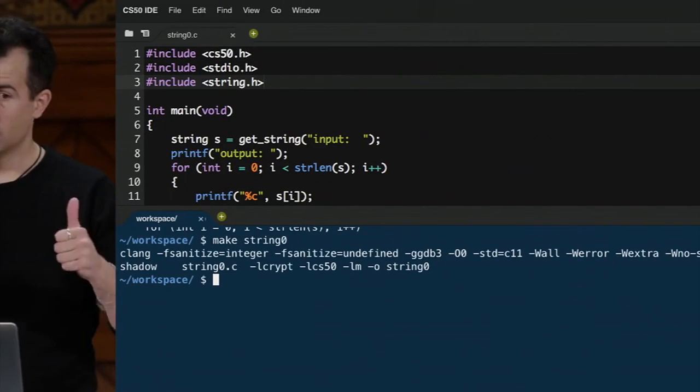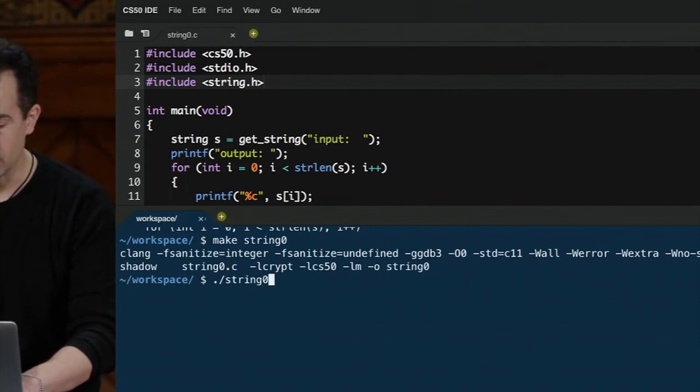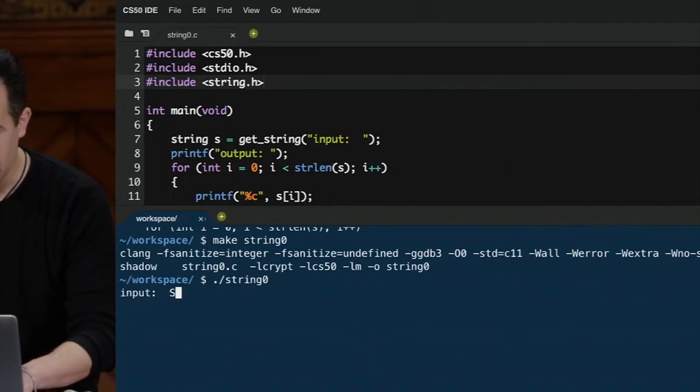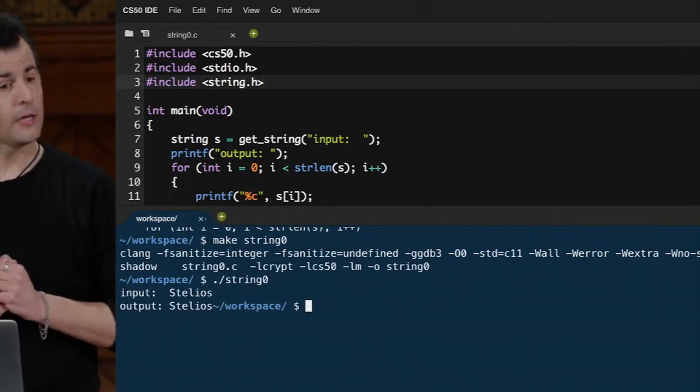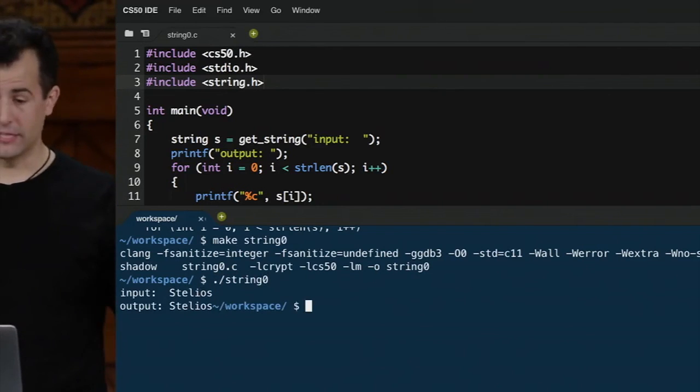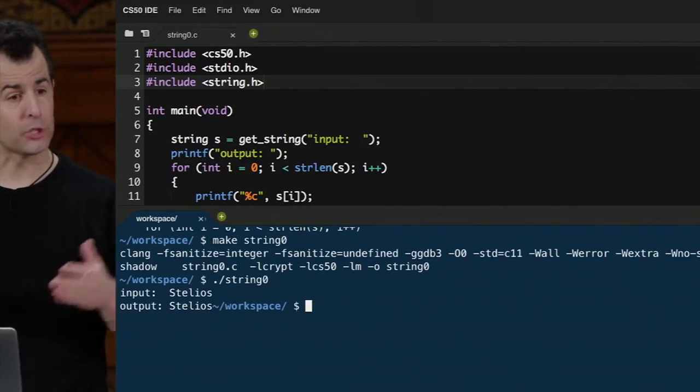Make string 0. Seems good to go. ./string 0 inputs. Now I'm going to go ahead and type in Stelios' name, and I got his output as well. Now that was a lot of unnecessary work to print his name. I could have just used %s,